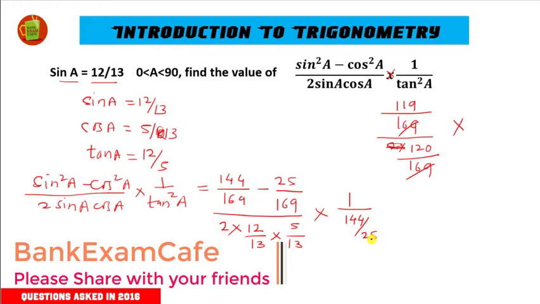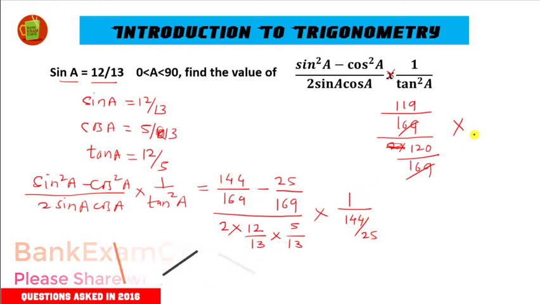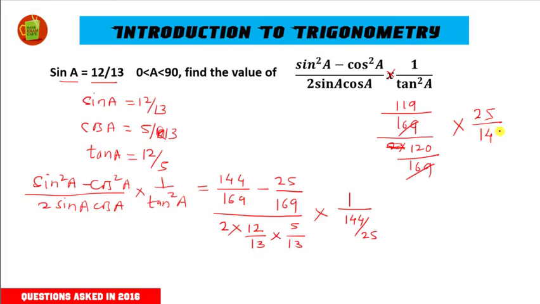This will go to the numerator and this will be in the denominator. So it will be 25 upon 144, which is equal to 119 upon 120 multiplied by 25 multiplied by 144. Now friends, solve this. Multiplying these two, it will be 595 divided by